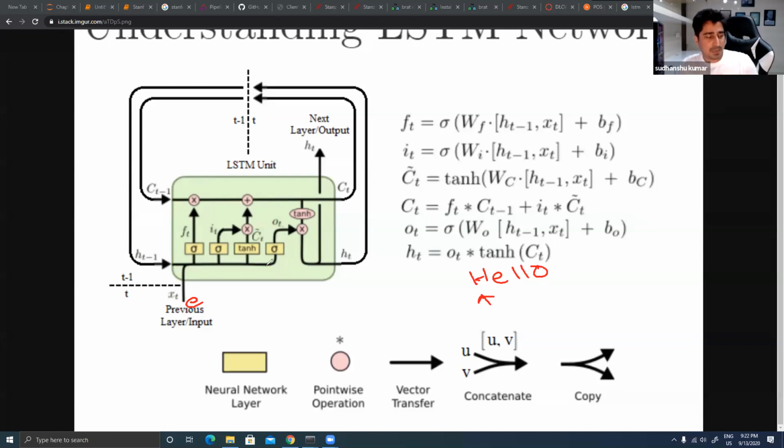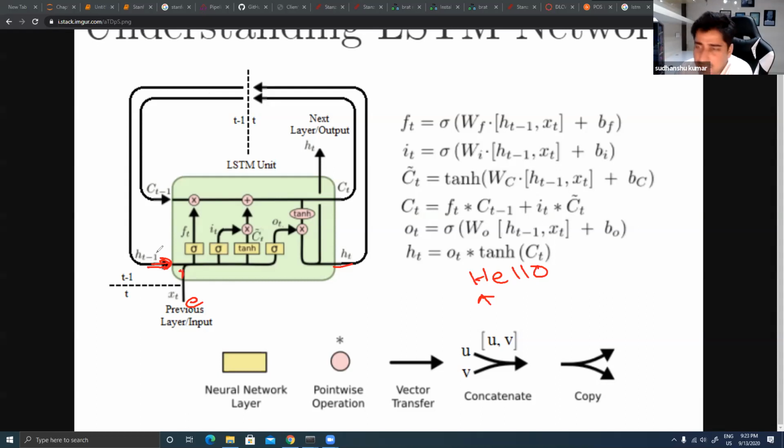Now, when I pass E over here, what will happen? We now have something from the past, since we have already passed H. Whatever vector outcome it gave me last time, I must have that outcome, so yes, I can use it: h_t-1.